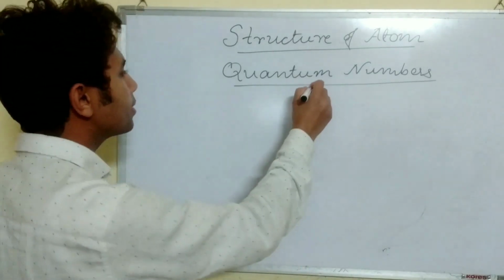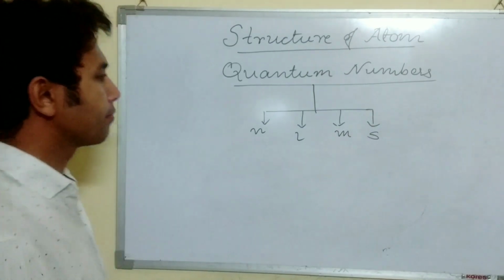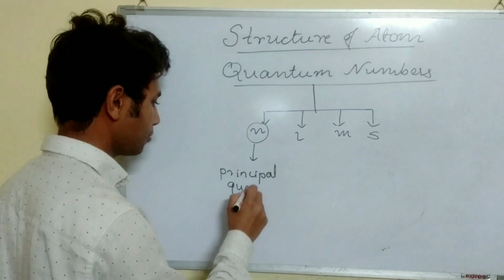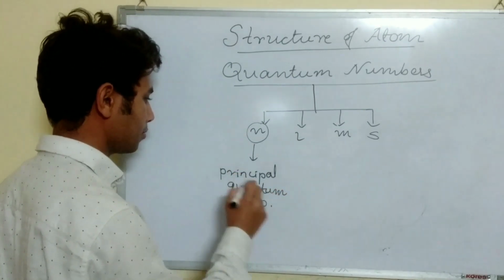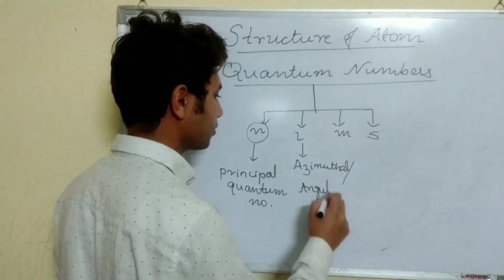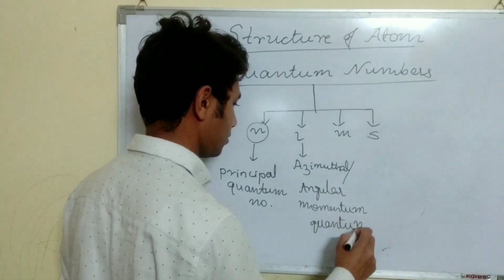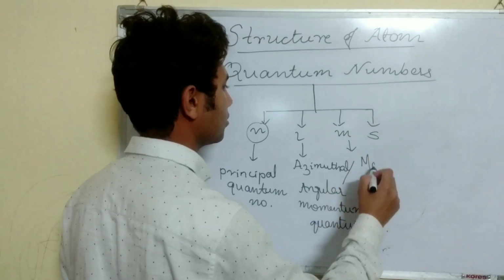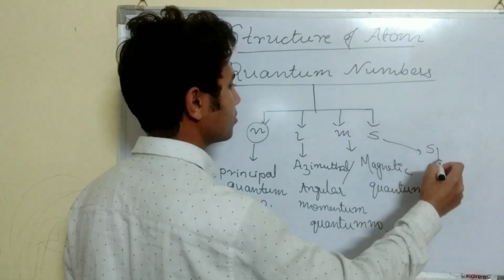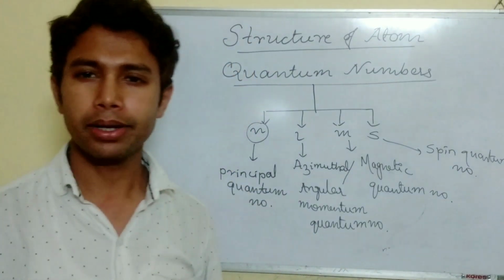So students, these quantum numbers n, l, m and s are the four quantum numbers. n is the principal quantum number, l is the azimuthal or angular momentum quantum number, m is the magnetic quantum number, and s is the spin quantum number. These quantum numbers actually give the detailed addresses